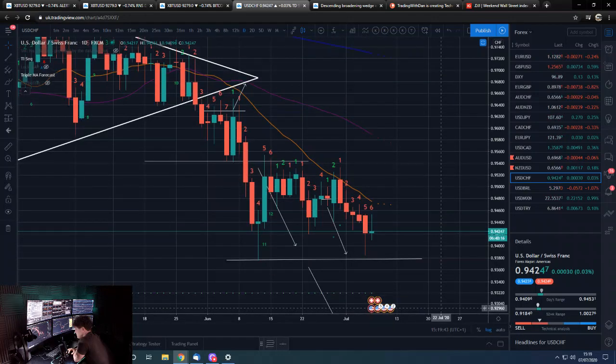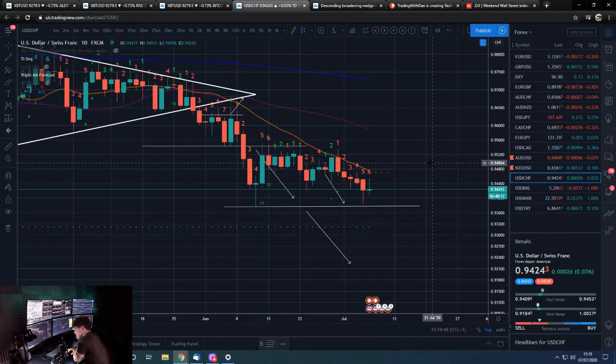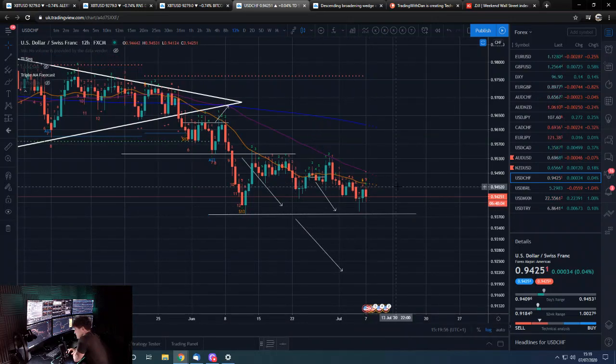Moving averages, very weak posture. Guided down by the 21. I think we're going to lose this level, basically. It's not looking promising. This 12-hour 9 could help balance price, but currently it's not especially helping us, but we'll